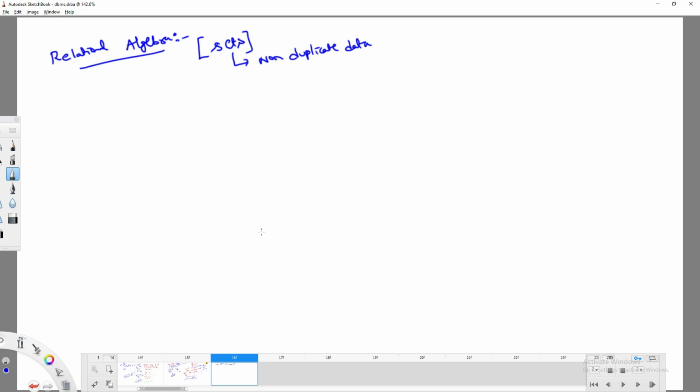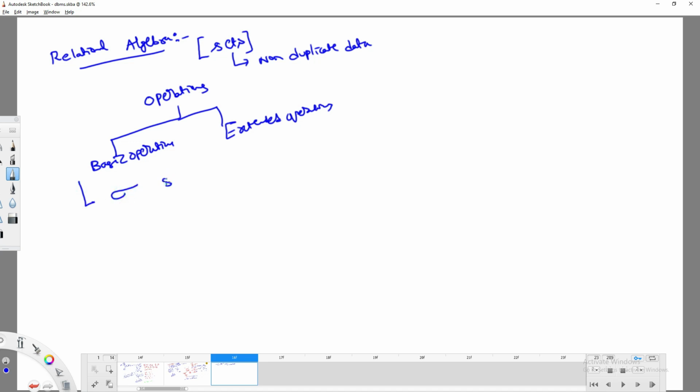Okay, now fine. If you look into the various kinds of operations, these relational algebra operations are basically classified as basic operations and extended operations. Basic operations are something like select. So the symbol for it is... is it rho? What?